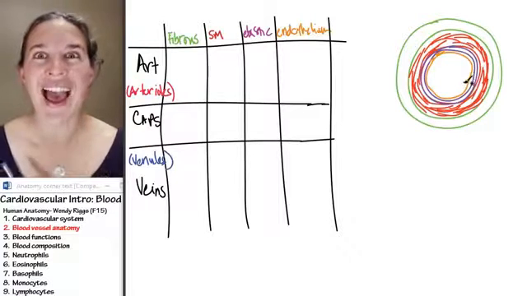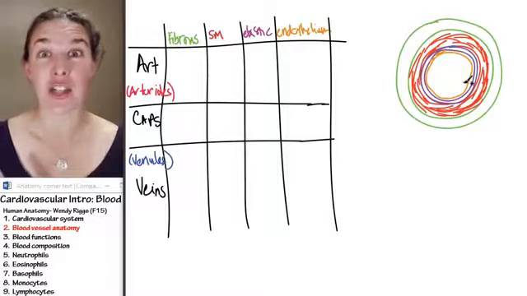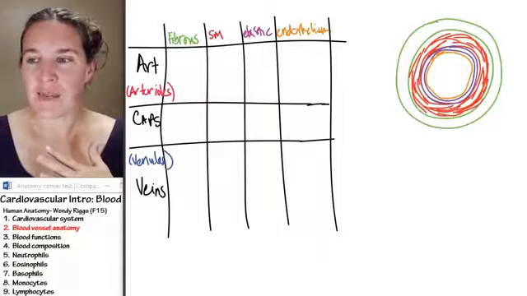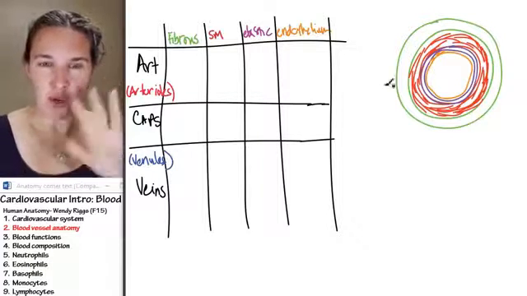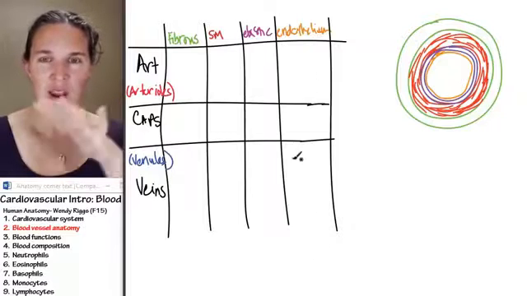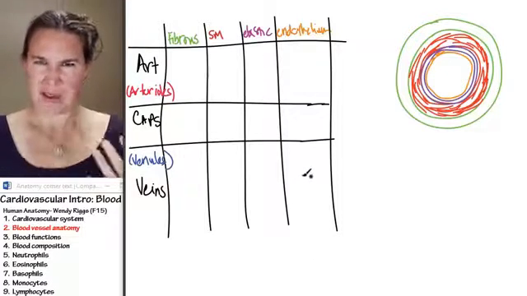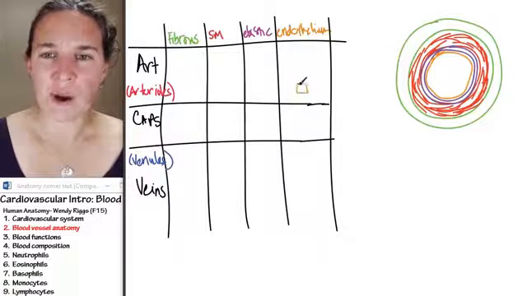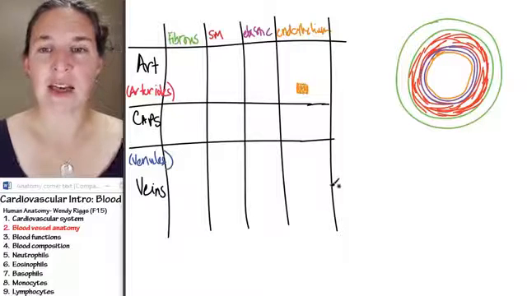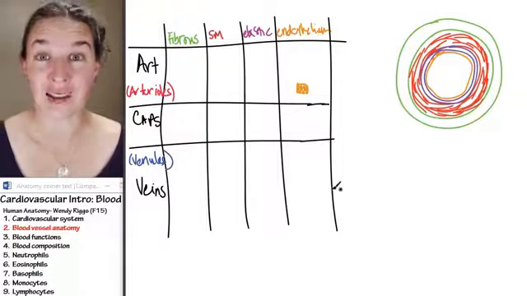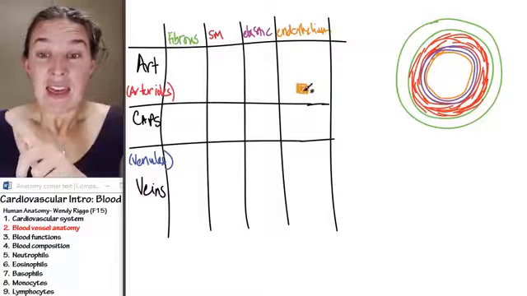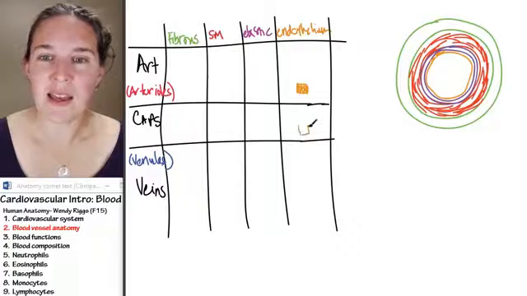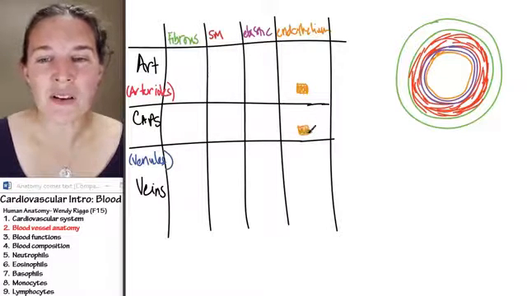Now, let's see who has what components of these and how much. So first of all, and I'm going to do this kind of diagrammatically so that you can compare and see how they are related to each other with amounts. So look at this. I'm going to take a little square. If my square is this big, it means that arteries have endothelium. And the amount of endothelium that the artery has, guess what, is the same as the amount of endothelium that